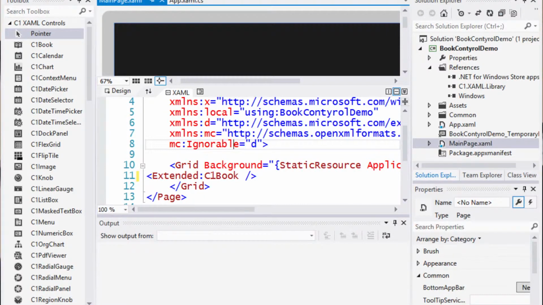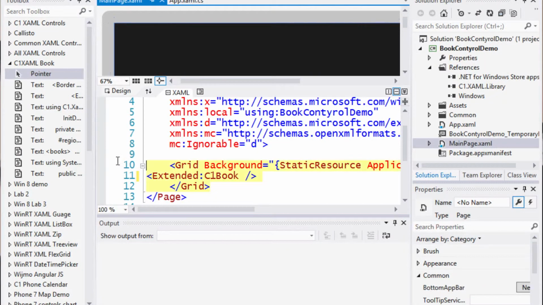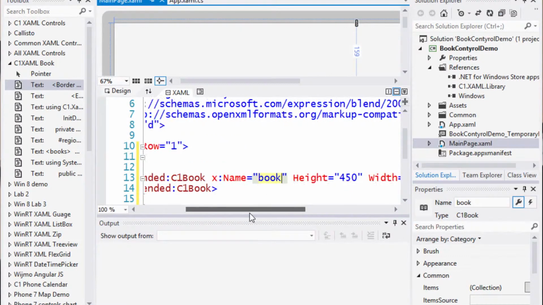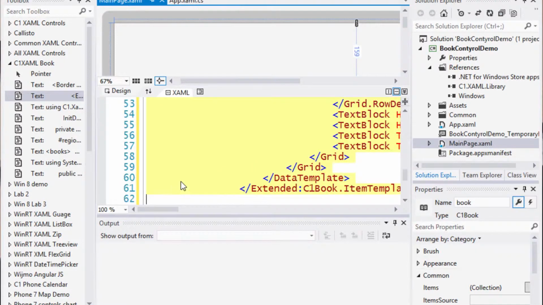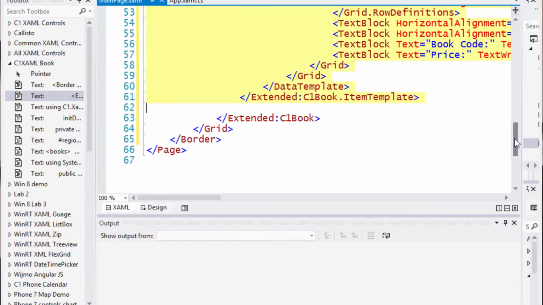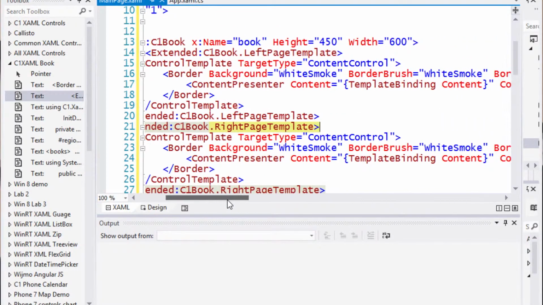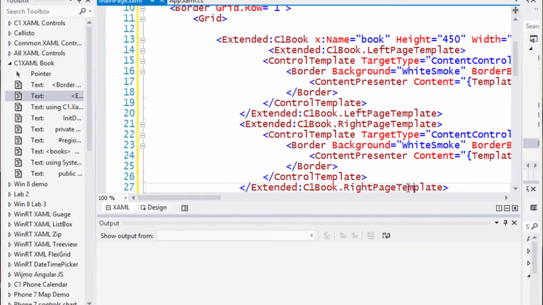Then I'm going to change the border on this grid, just so you can see it. Basically, the name of the control is called book, and we have a height and width that we added in. The last thing I'm going to do from a XAML point of view is put in the XAML for both the left page template and the right page template that you can see here. And I've got the binding going on where we're going to load up some of our data and bind that into the